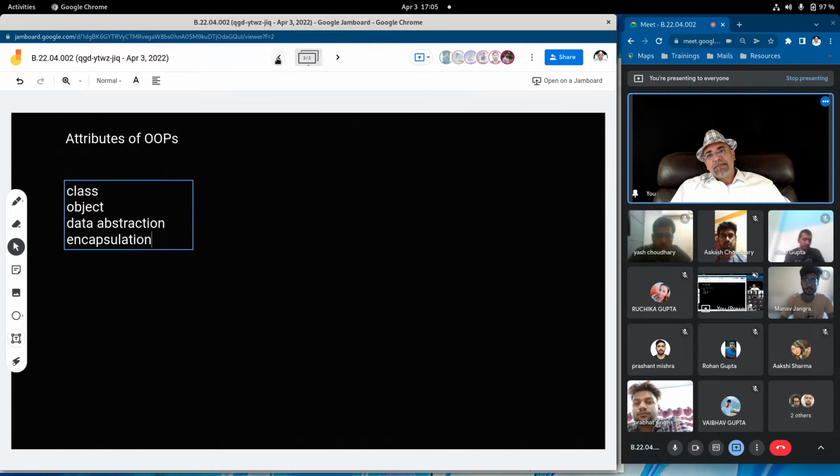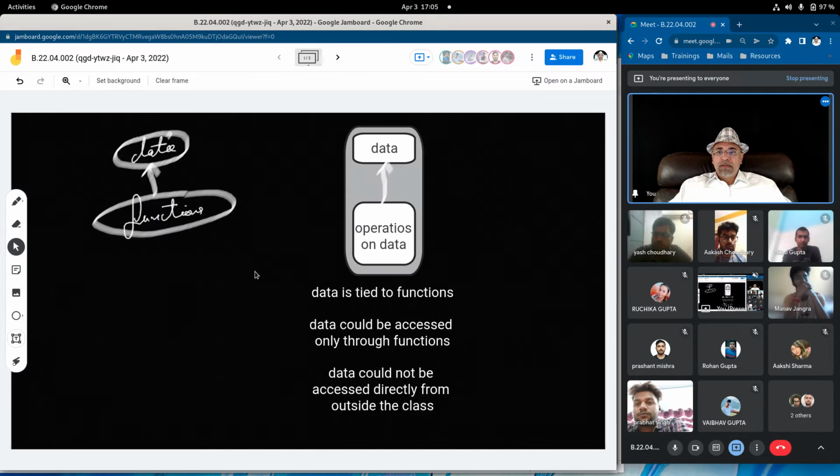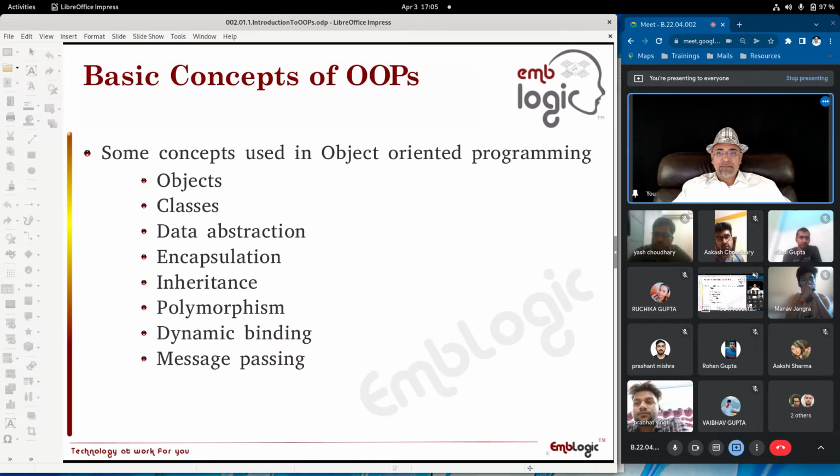So if you see that, here the data and the functions are brought together, and the data is encapsulated with functions, cannot be accessed directly. So this property is called encapsulation. We have to learn these things.